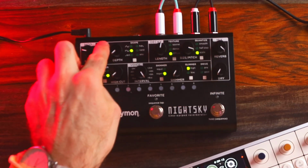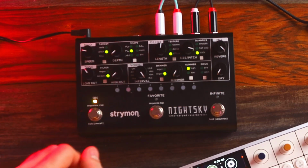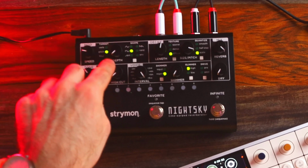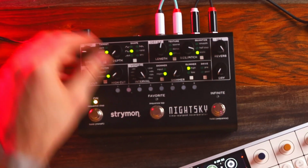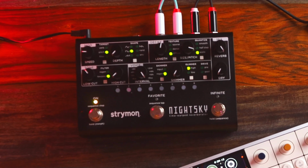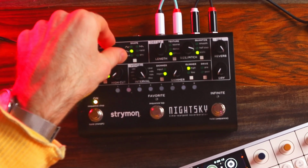So just in that example, there's a lot going on. Let me break it down for you. Quantize is set to scale. Target is set to pitch. So if the depth is at 0, you're just gonna hear like a regular reverb. There's no sort of jumping scale thing happening. If I turn the depth up,